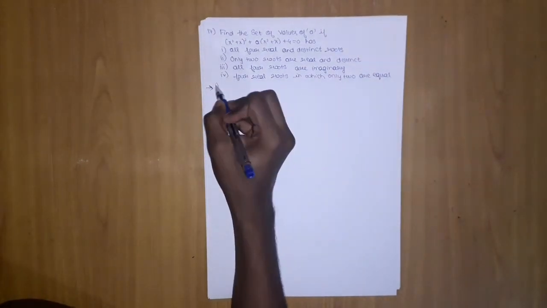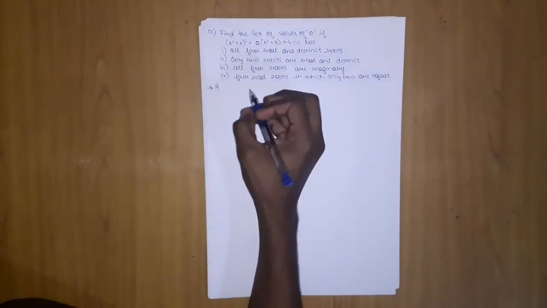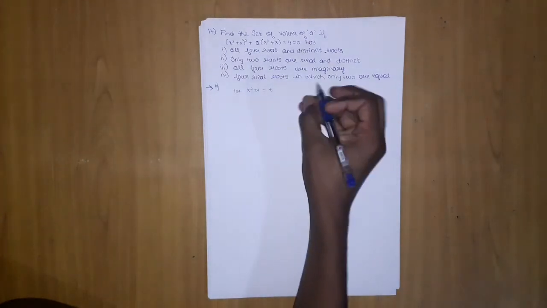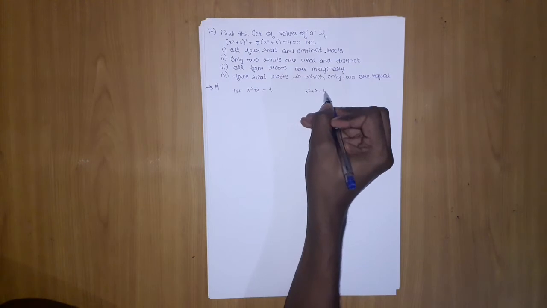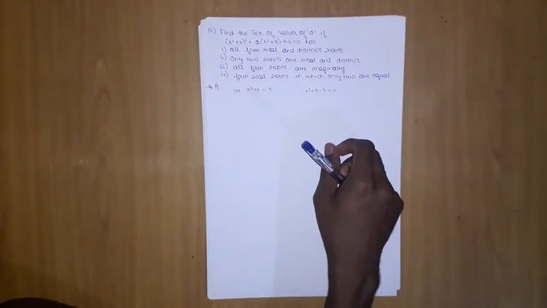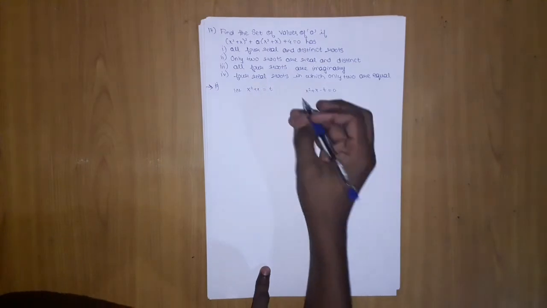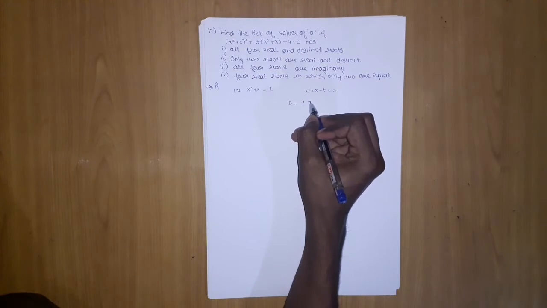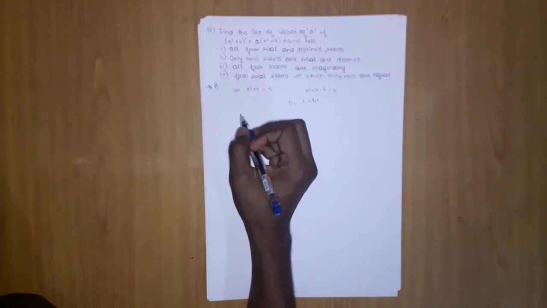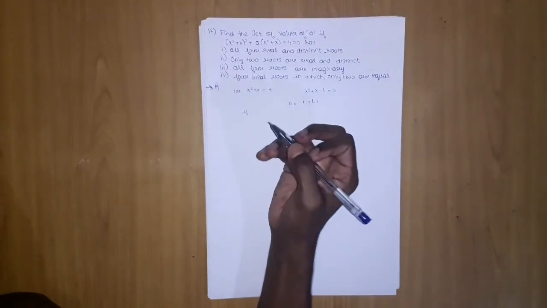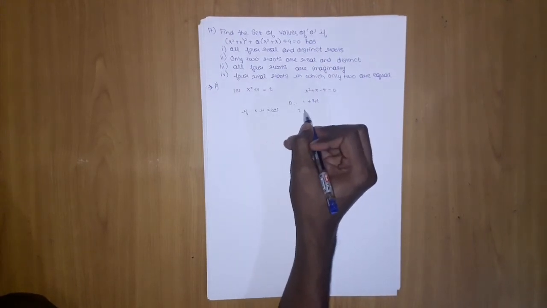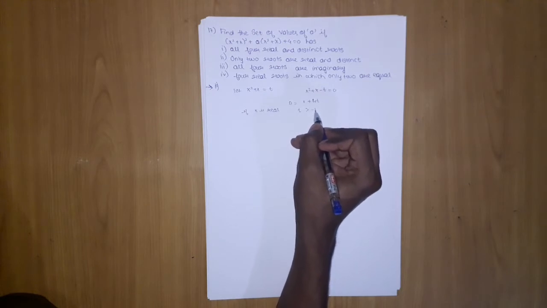So let me just make it a simple equation. We clearly see that if we let x² + x = t, then x² + x - t = 0. This is forming a quadratic equation in itself. So let's find its D. D will be 1 + 4t. Now if x is real, then t will be greater than or equal to -1/4.